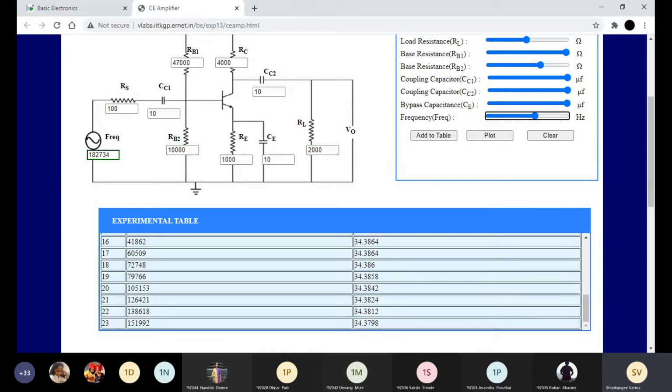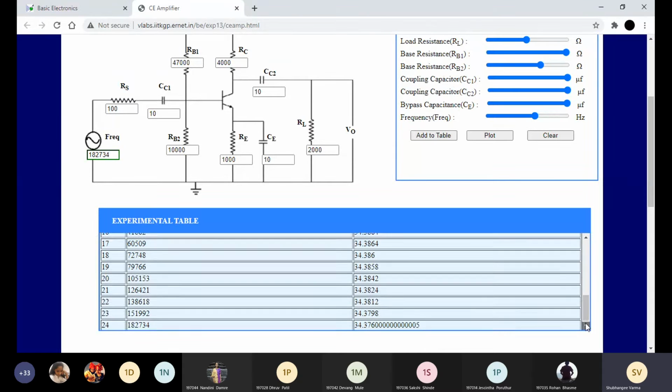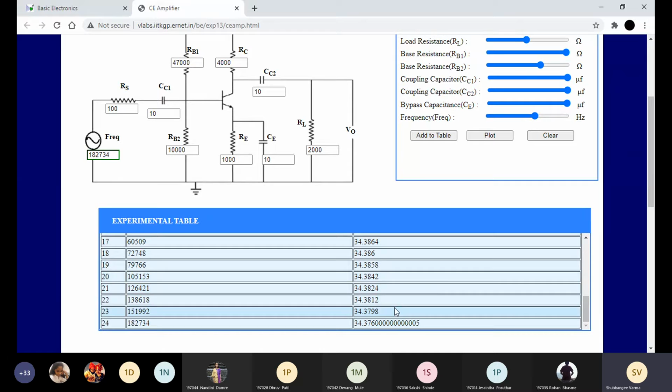We'll take for 1.8 megahertz. For 1.8 megahertz, see, the answer starts decreasing now. Now take reading for 2 megahertz. So for 2 megahertz, see, the signal starts attenuating.